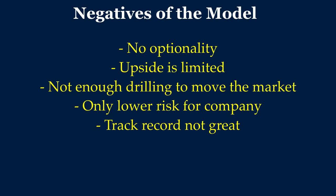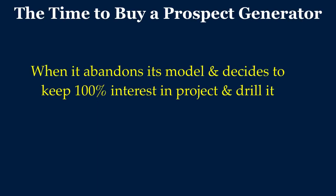But if you're on the side of the company, it's a better way to run the company because it's lower risk for you as far as your employment. You can stay there and just keep pursuing the model, staking projects, joint venturing them out, etc. You can just continue to do that. But with all that said, as you can tell, I'm not a huge fan of this model. But